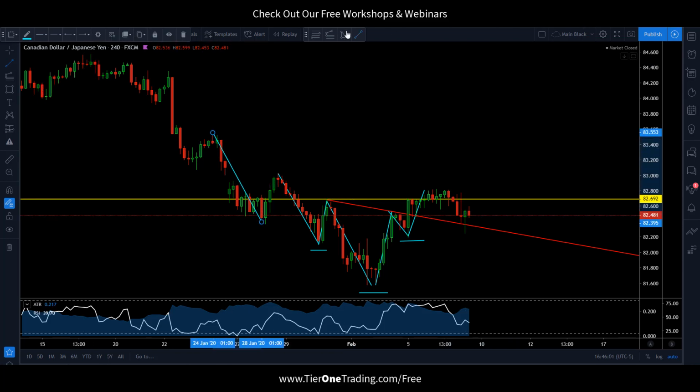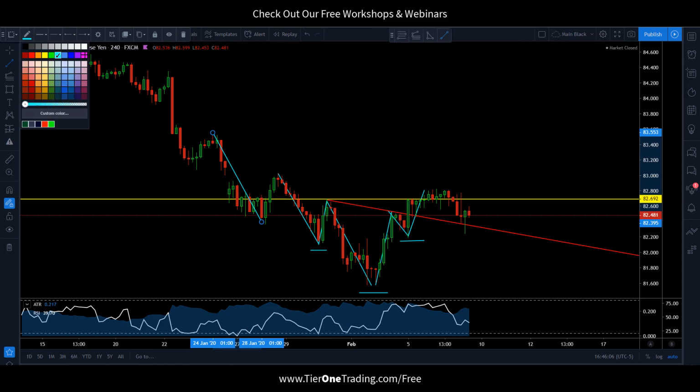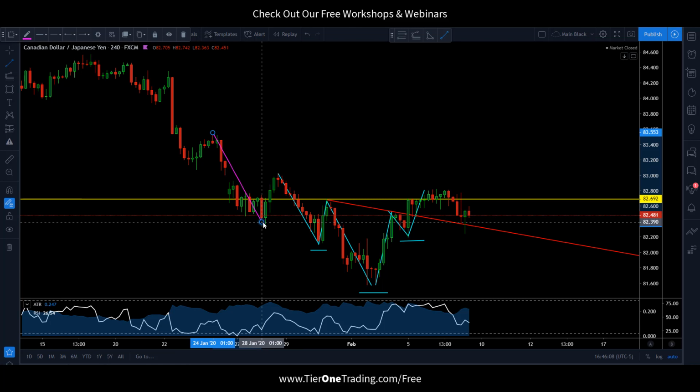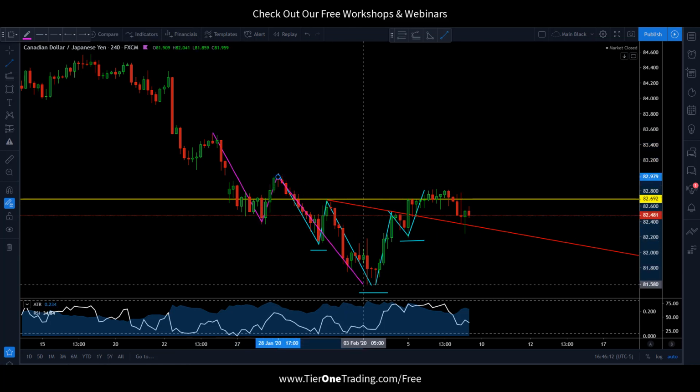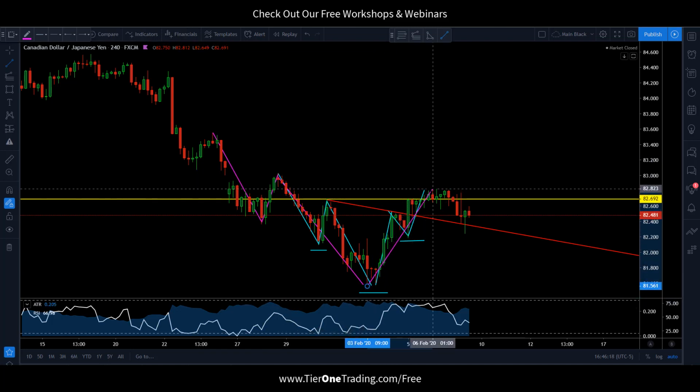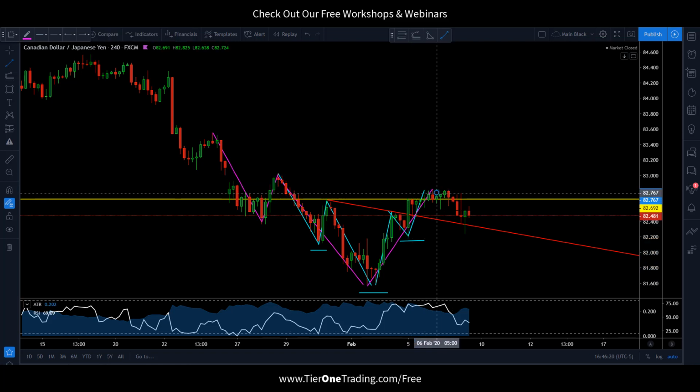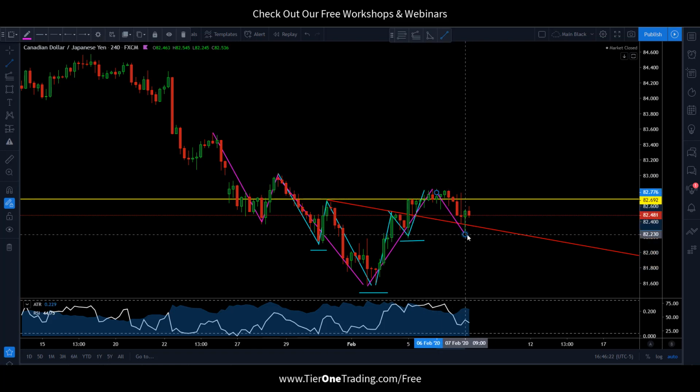I'm going to change my colors here on my lines. Let's make it a pink, magenta, right? This is going to be our bigger shoulder. This whole move down here, again, is going to be from what's called our neckline to our head. And then we come up here, giving us a retest of our neckline. And this move, instead of simply being a retracement after the smaller head and shoulders breakout,